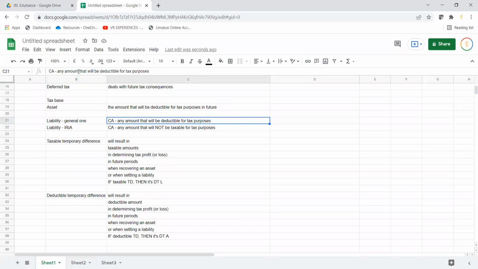When we use the term carrying amount, we're referring to the accounting carrying amount minus any amount that will be deductible for tax purposes. Just to give you a quick example, I'm going to cover the exact same example when we do deductible temporary differences. But basically, to give you an example,